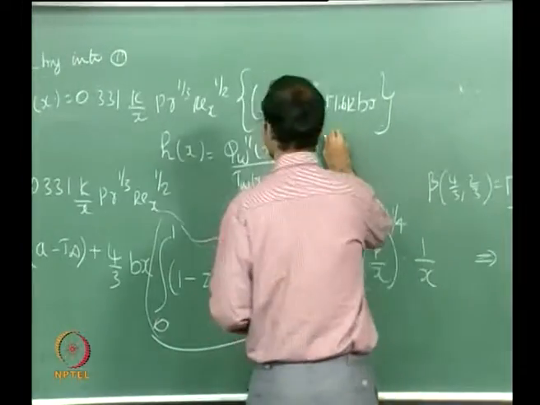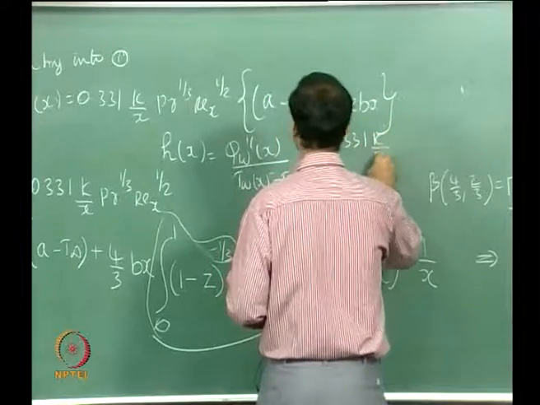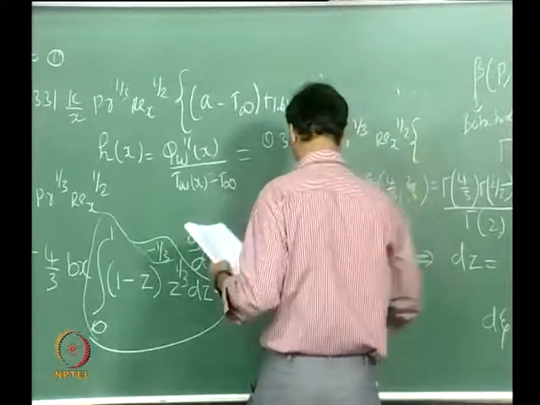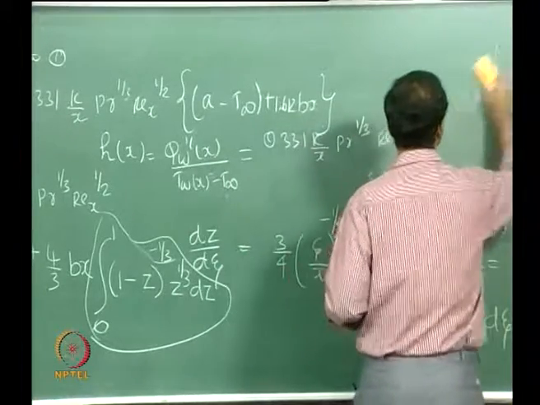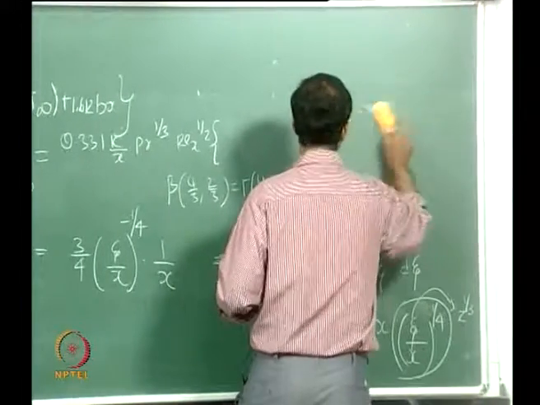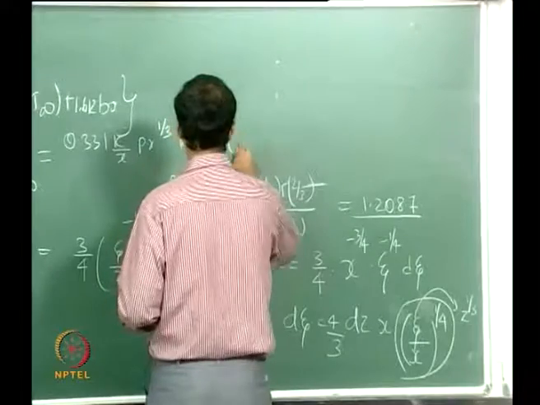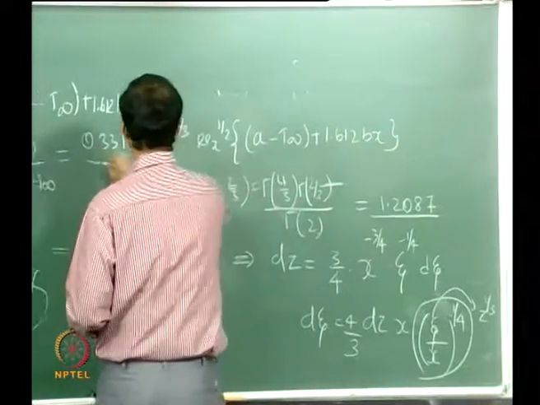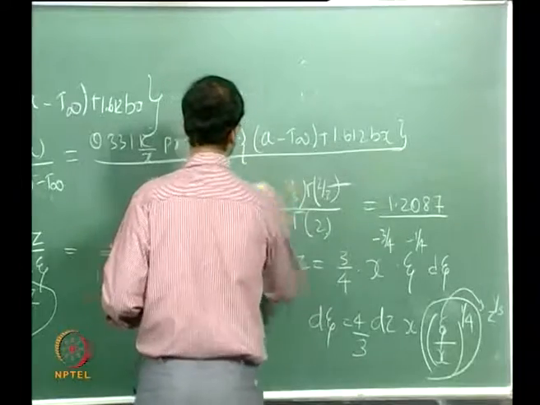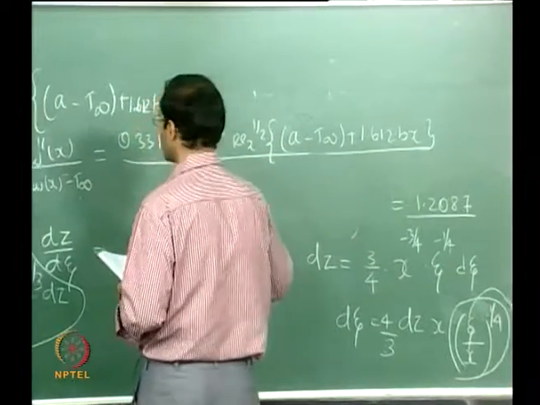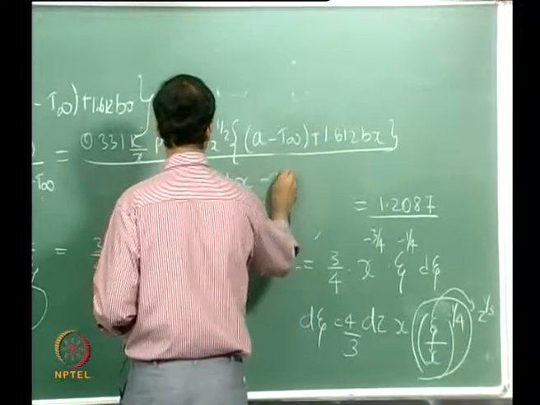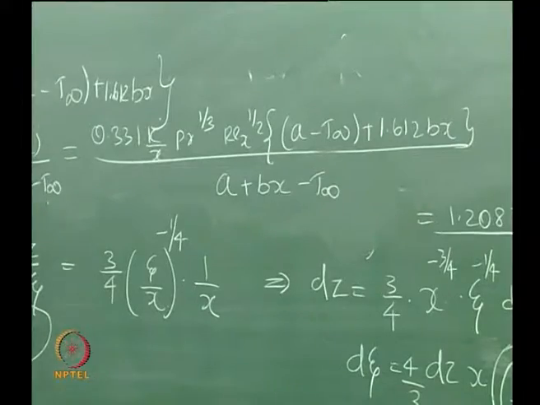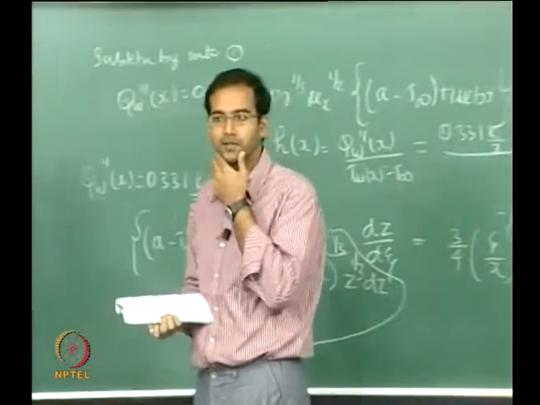So therefore you have this entire 0.331 A by x Pr to the power 1/3 ... 612 Bx, the entire thing divided by T wall minus T infinity, which is nothing but A plus Bx minus T infinity, okay. So therefore for the given constants you can now determine the local variation in the heat transfer coefficient, and